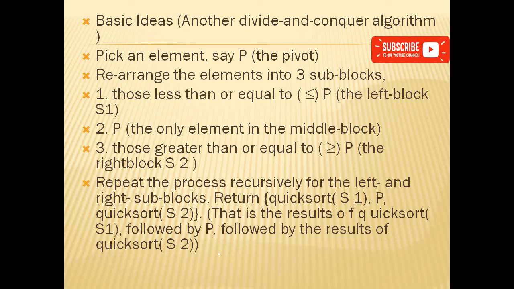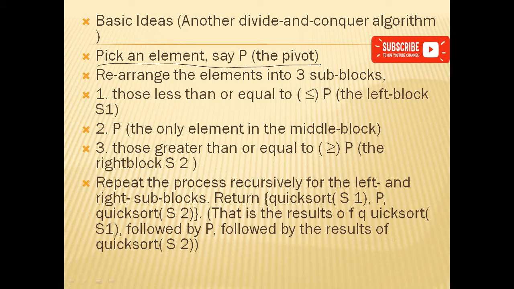The process of quicksort is, first we need to pick an element and call it the pivot element. Assume I have 10 elements; among these 10 elements we need to pick one element as the pivot element, whatever it may be. Some people may pick the first element as the pivot, some may pick a middle element, and some may pick the last element. It is up to your choice. The algorithm, the programming, is the same, but choosing the pivot element is up to you.